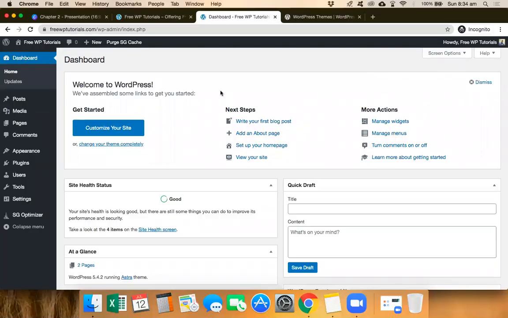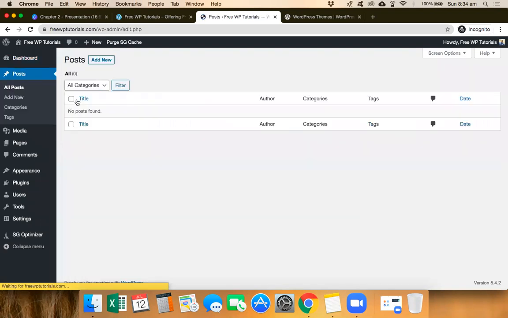All right. So back into our dashboard, how do we add post? You have on the left hand side all posts. So let's first click on all posts and understand each of these sections. Now, as you know, we've deleted, I mean, there was no post over here. So anyway, this is a fresh installation. So there's no post over here.